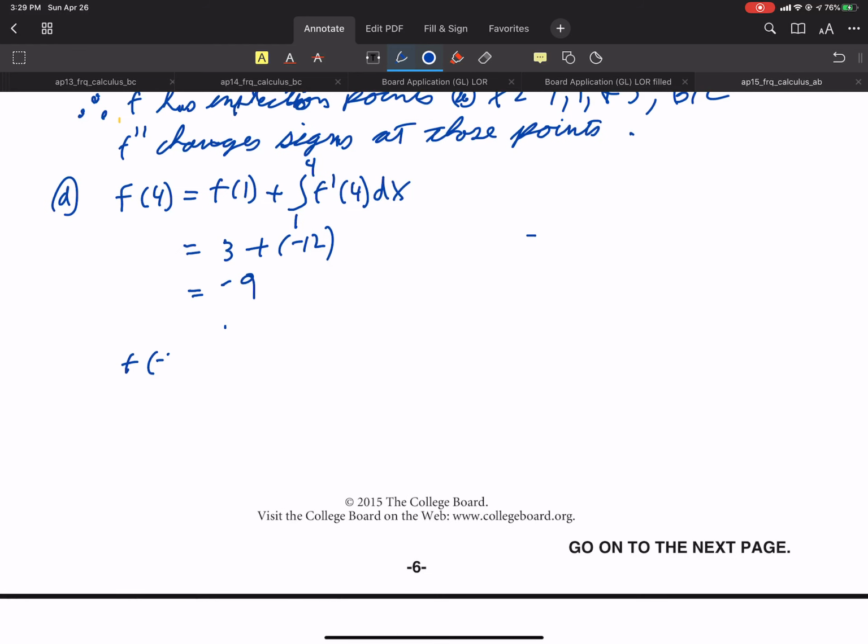-2. Well, it's the same concept. I know the value at 1. If I know how much it changes as I start at 1 and go to -2,